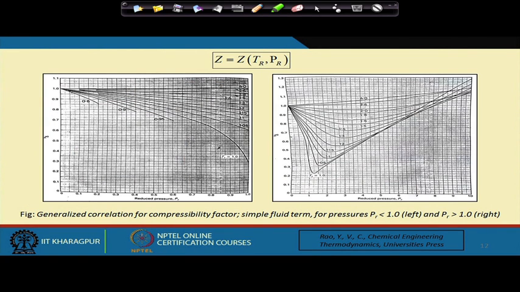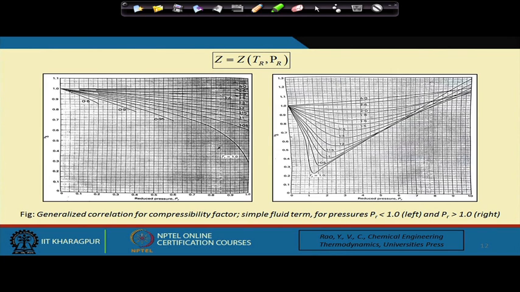These graphs are available in any book of thermodynamics. And we find that from these particular graphs, they have been drawn for two different conditions of PR. One is for a lower PR, the other is for a higher PR. We find from these two equations, indeed they have been tried for a number of gases, and indeed Z is a unique function of PR with TR as parameter, and they hold very good for non-polar gases,